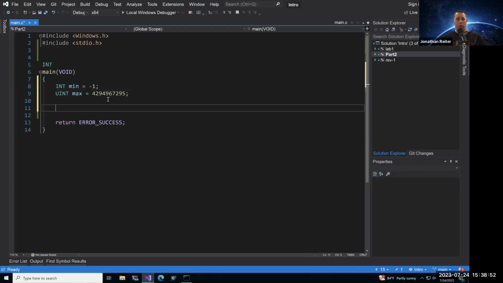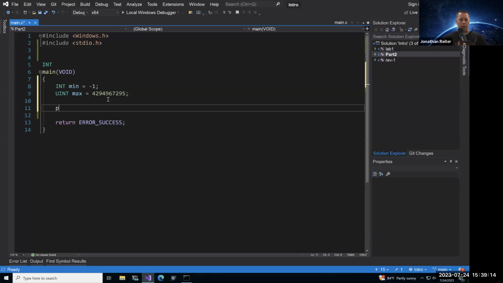I mentioned in part 1 that there can be some undefined behavior, some shenanigans that can happen when you start to mix and match different data types, especially signed versus unsigned. So here's one such example of what I mean by that.